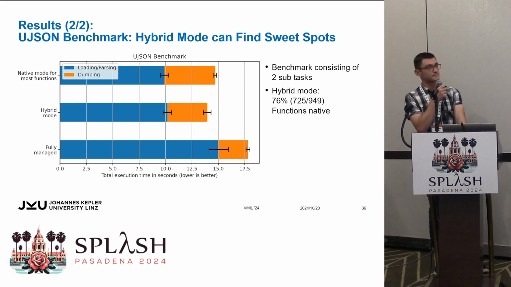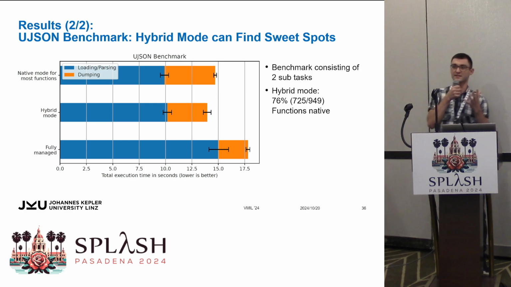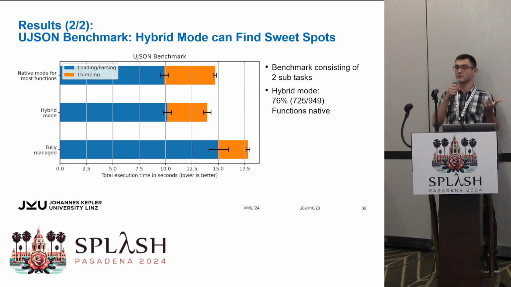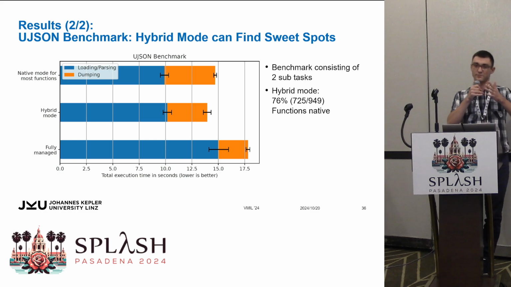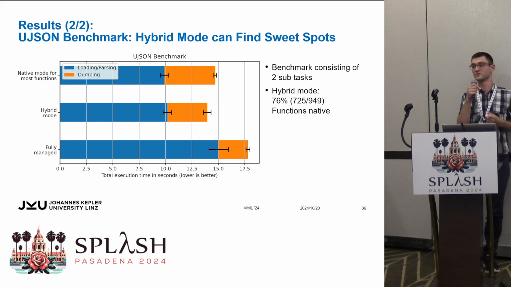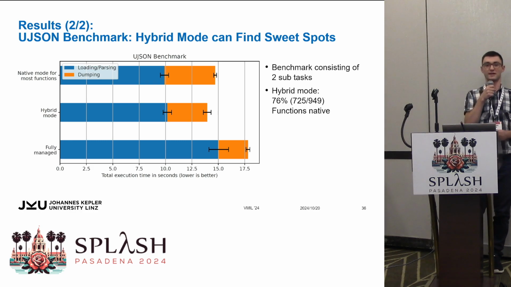However, as already said, we would like to also investigate a little bit more and be able to predict in a better way which execution should be taken. And what's also interesting is, currently the decision how a function is executed is taken at the beginning when the program is loaded. However, we would like to also do this at runtime because, for example, we can start more on the native side, and then if we realize that maybe switching to managed execution is useful, we can switch to managed execution